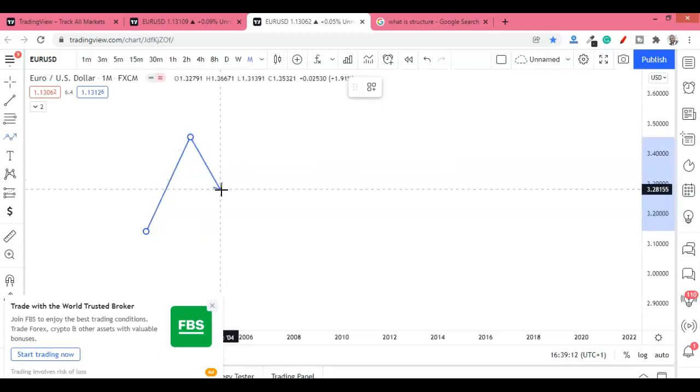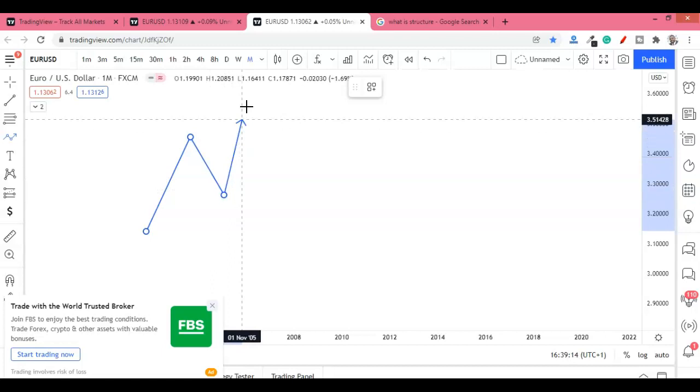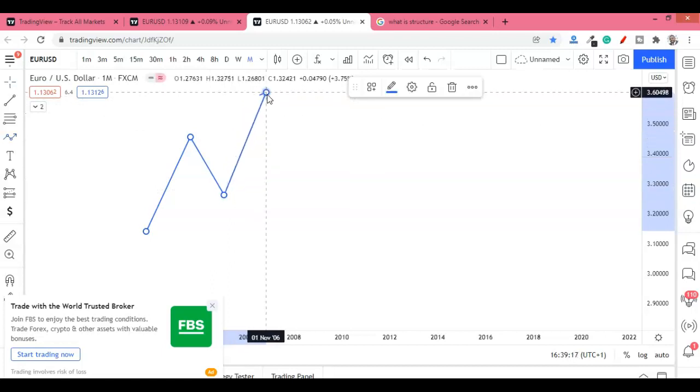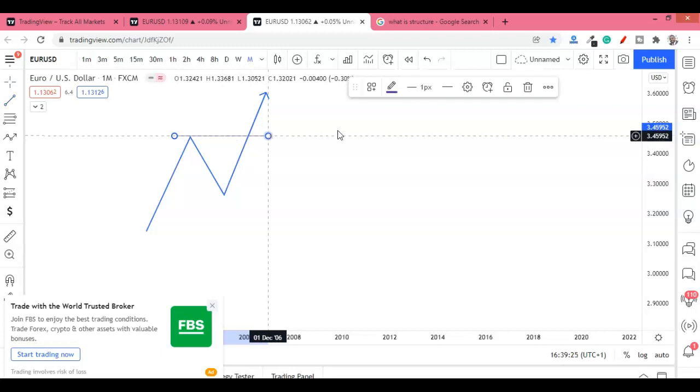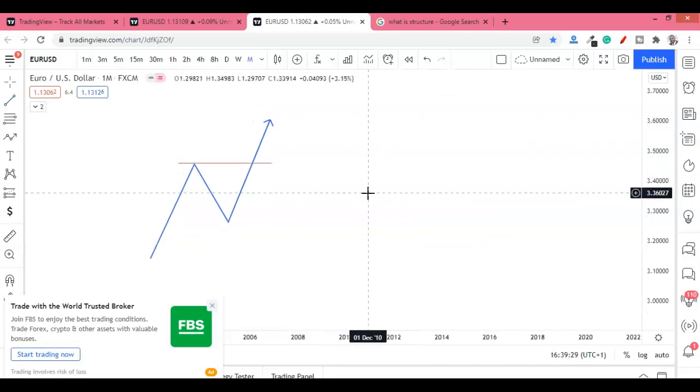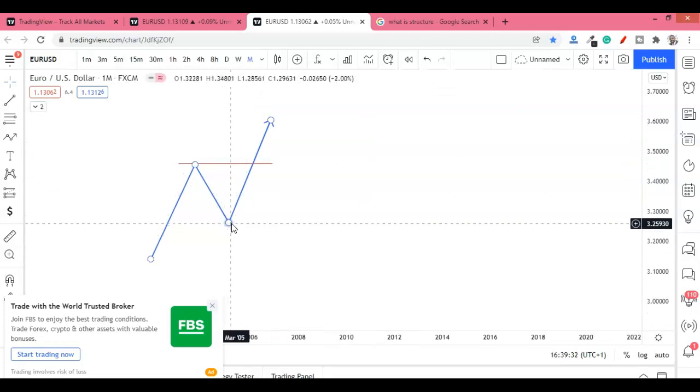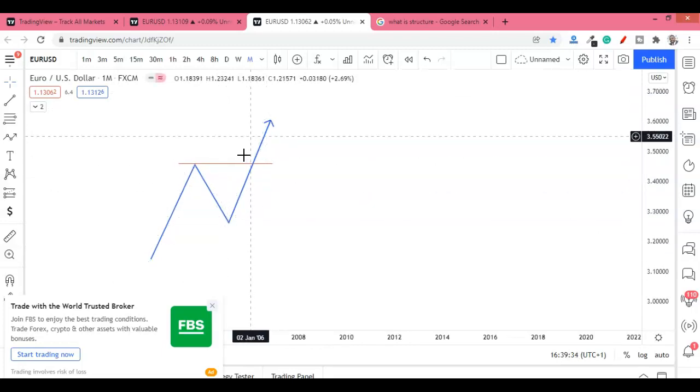When you have a series of higher highs, for example, and there is a break of structure here, let's call this red, there's a break of structure here. Okay, I will look at the range that leads to the break. The range here is simply the low,